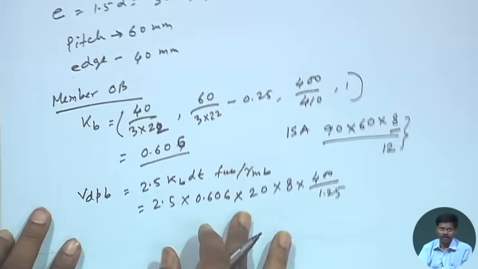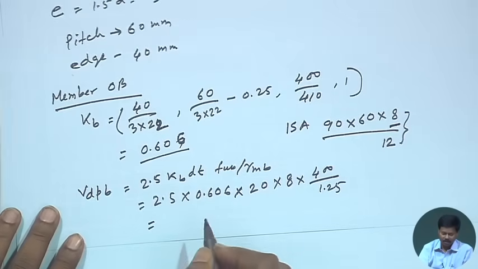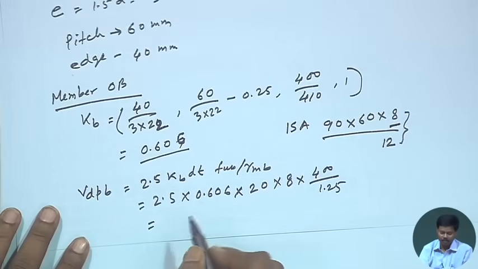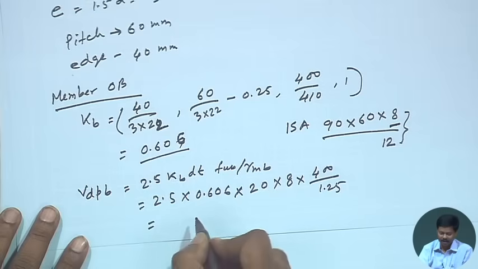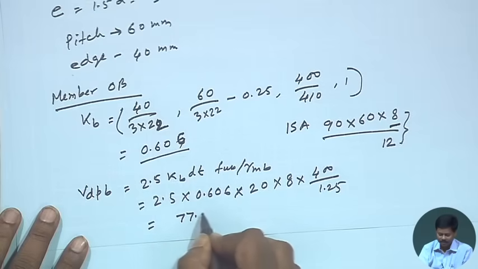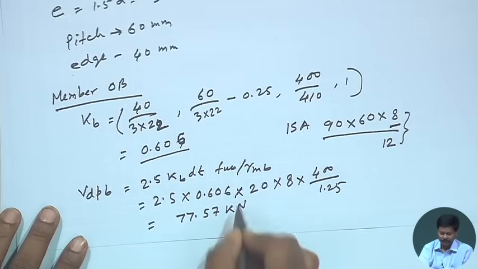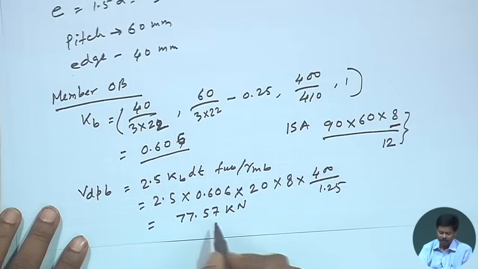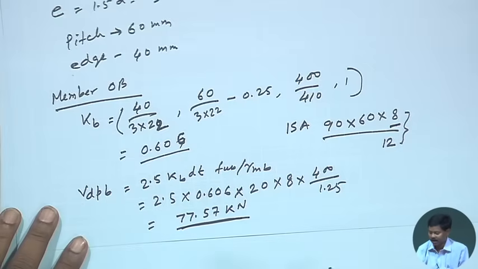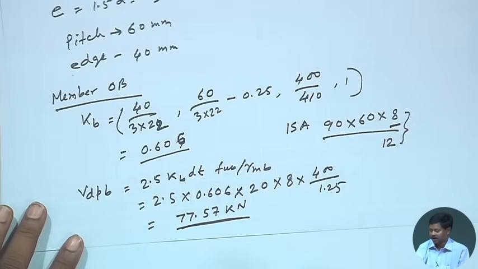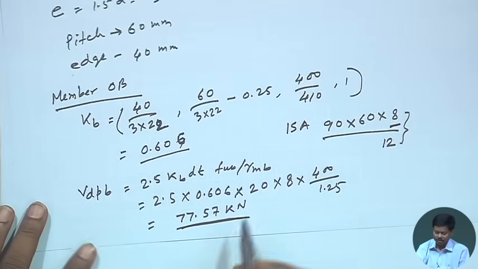If we consider this value, then the strength of bolt due to bearing I could find out is 77.57 kilonewton, right. So, strength of bearing is 77.57 kilonewton,